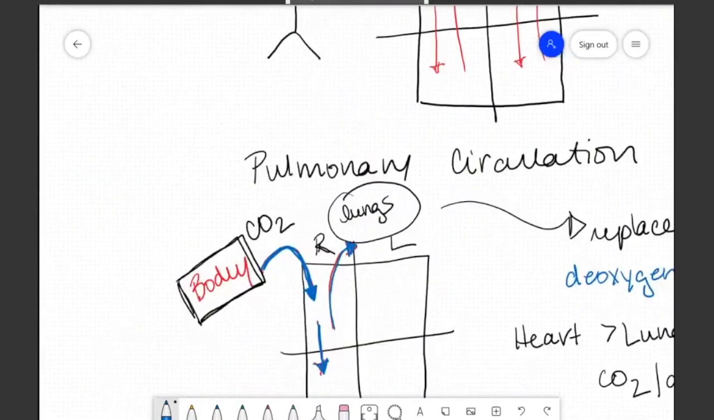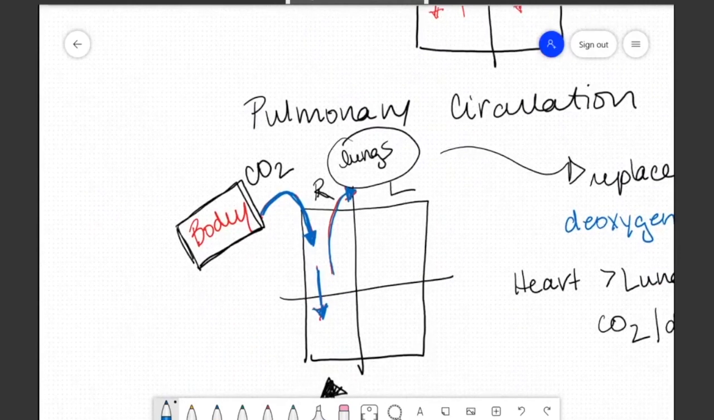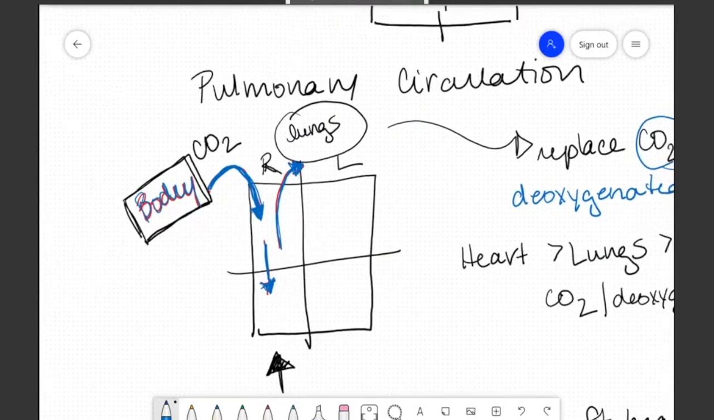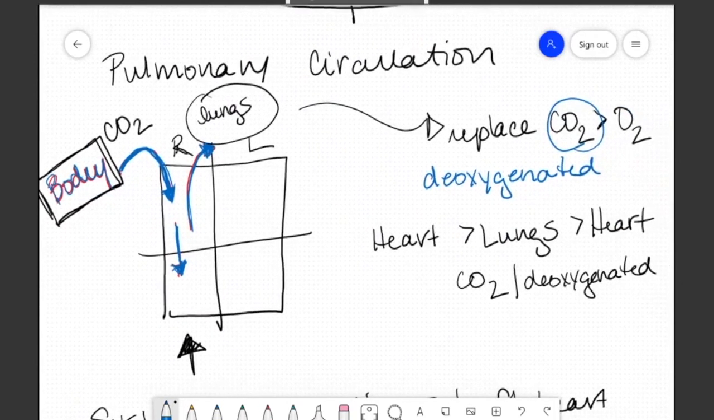So pulmonary is referring to the blood being pumped through the right side of the heart. It's coming from the body. It is deoxygenated, or carrying CO2. It comes into the right atrium, down to the right ventricle, and out to the lungs. This is the pulmonary circulation. It is carrying carbon dioxide, or deoxygenated blood, from the heart to the lungs, and then it'll bring it back